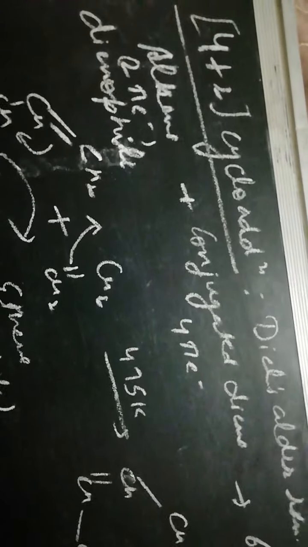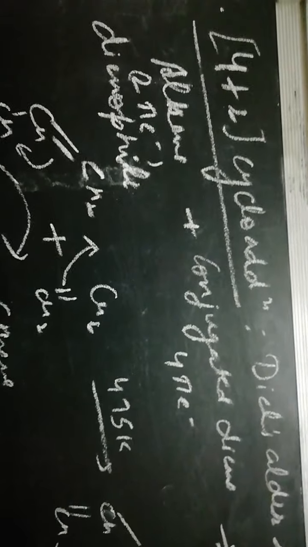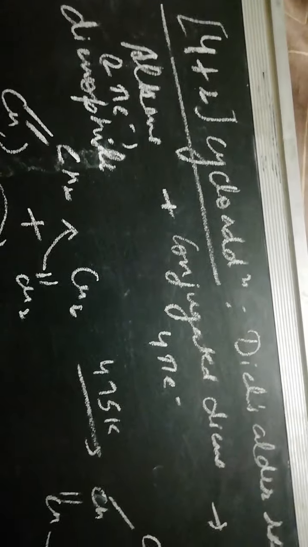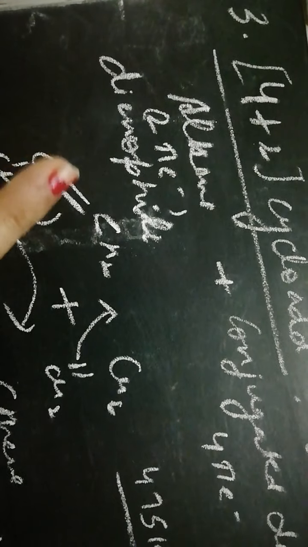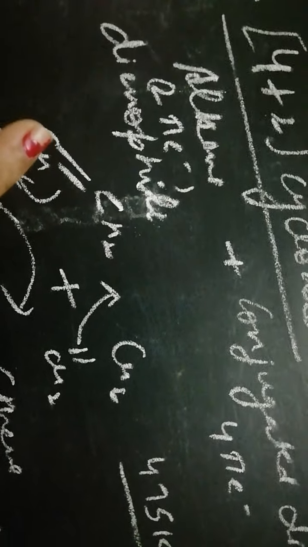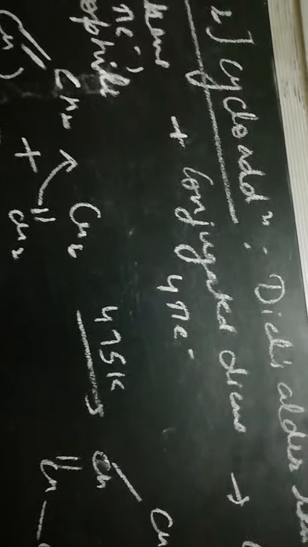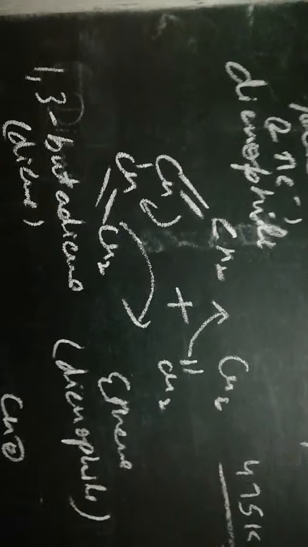Next method of formation is 4+2 cycloaddition reactions. This is also called the Diels-Alder reaction. In this, the reaction is between alkene, that is a 2pi electron system, which is also known as dienophile, and conjugated diene, that is a 4pi electron system, and we will get a 6-membered ring. For example, this is our reactant